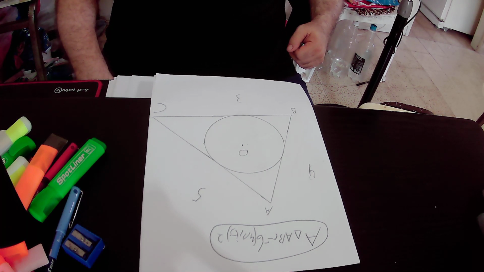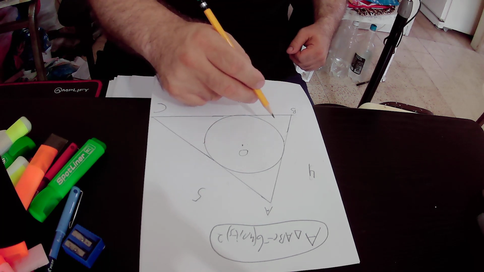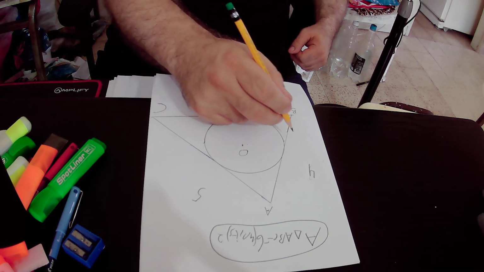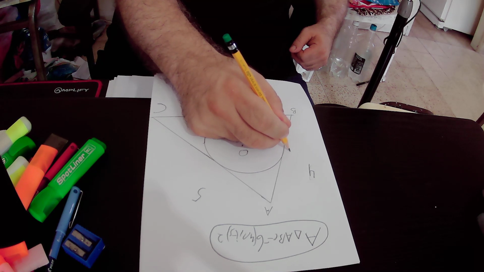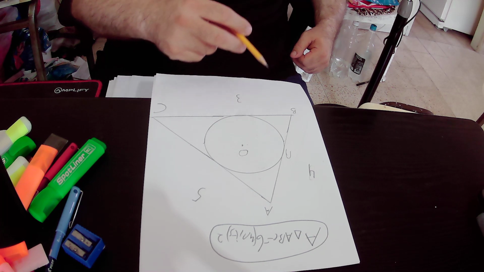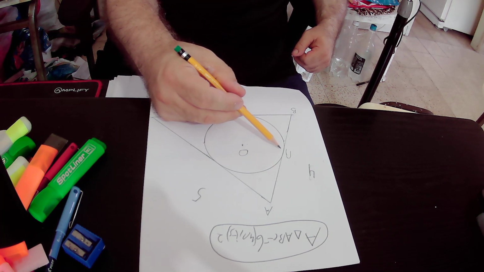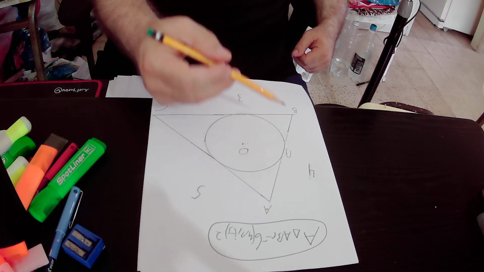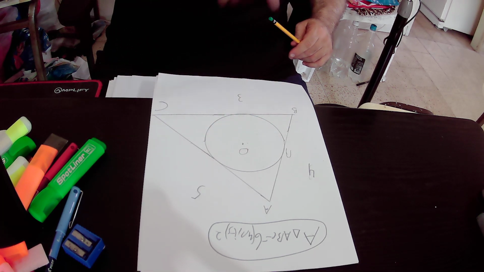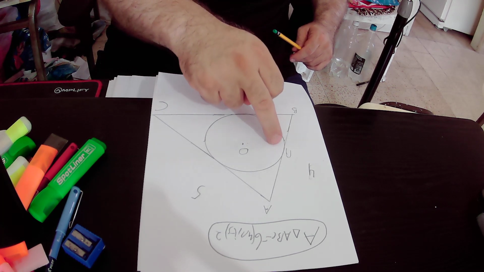And actually, the touching point between side AB of the triangle and the circle will be defined as N. Again, the touching point between side AB of the triangle and the circle is defined as point N. And we can also say that side AB of the triangle is tangent to the circle at point N,